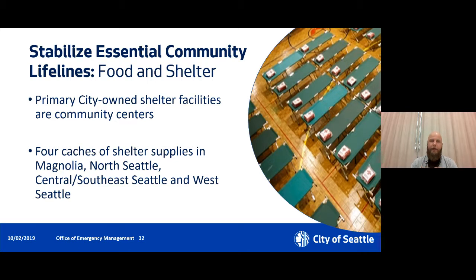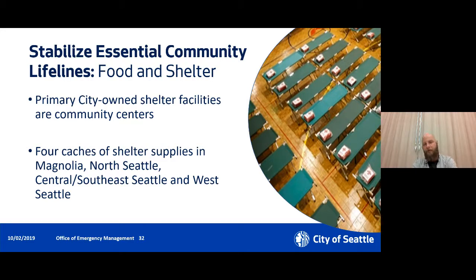The issue with standing things up immediately is a few things. I mentioned availability of staff because people are kind of everywhere, so you have to get people in, but you also have to assess facilities and make sure they're habitable before you use them. So this is why we have potential spaces outlined, but we don't necessarily tell people this is your shelter location, because we don't know if that shelter location will actually be available. Will it have power? Will it be structurally sound?